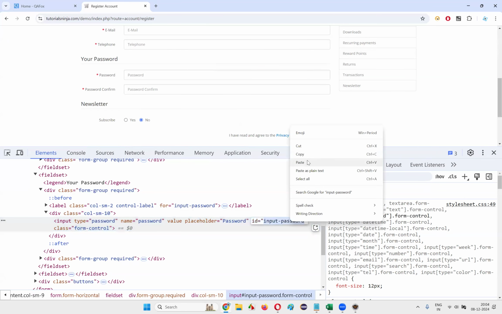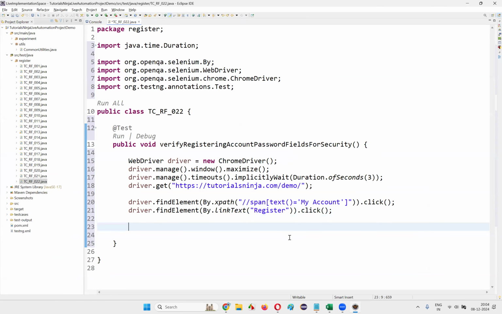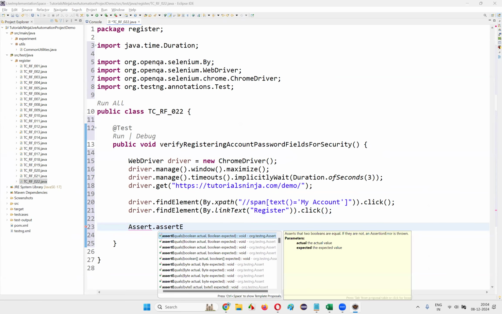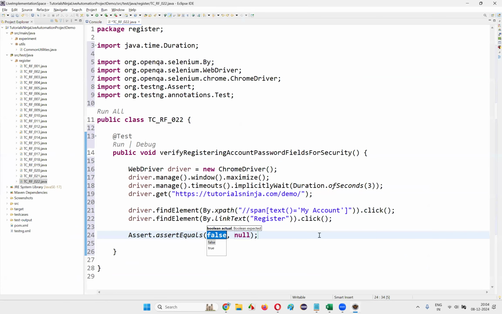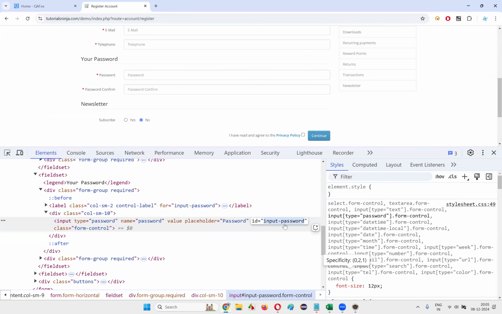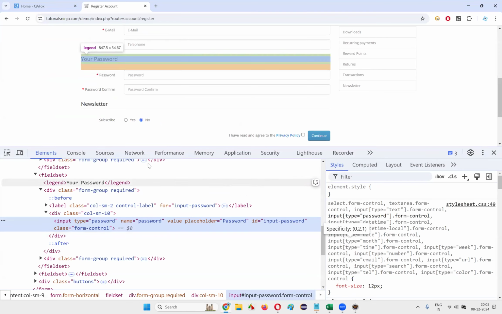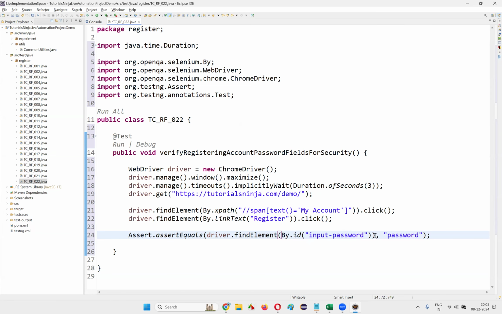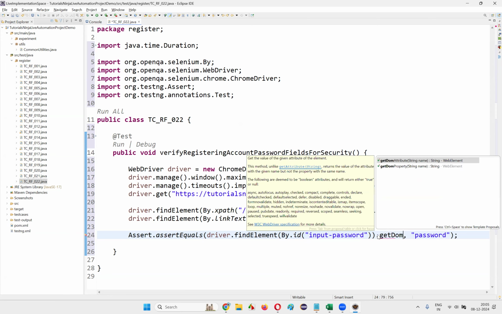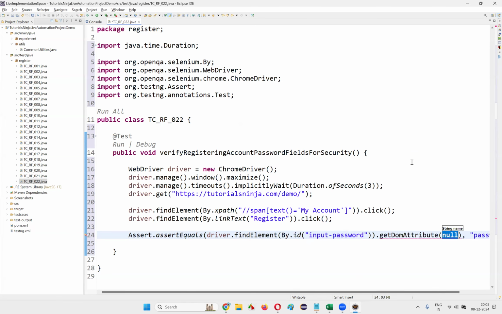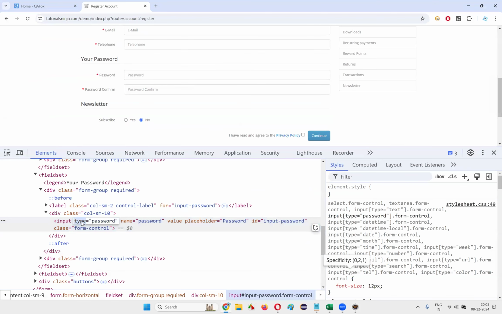For that to happen, copy this and simply write assertEquals. In double quotes you give password as the type, and here write driver.findElement by id, provide the id locator of the password field, and say .getDomAttribute. Okay, in the latest version of Selenium we don't have the getAttribute command, we have getDomAttribute. In that you give the type attribute name,